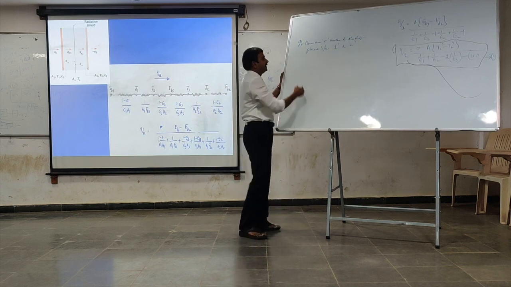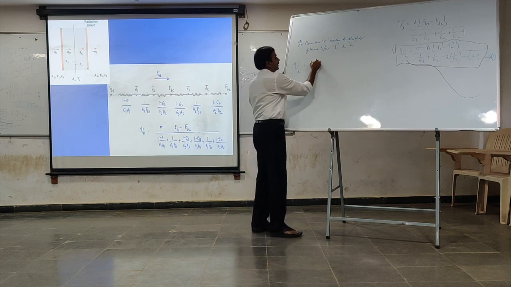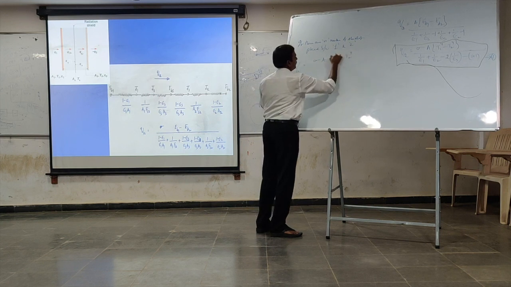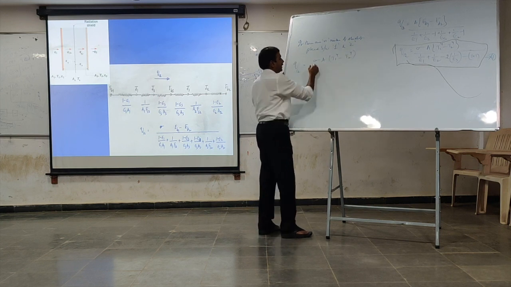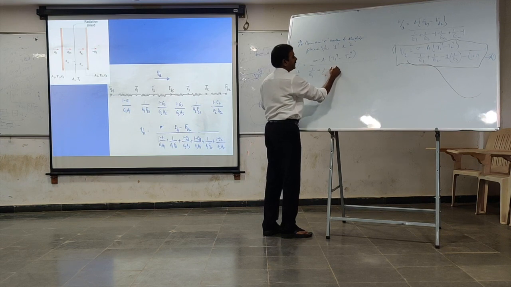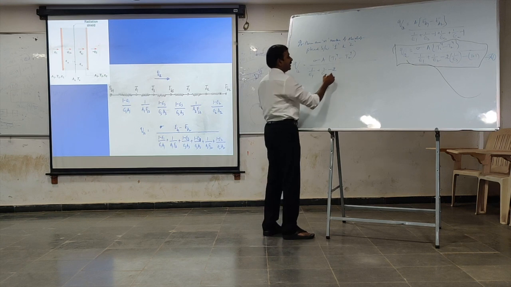Then how should you write this equation? Observe here carefully. Q12 is equal to sigma A (T1 to the power of 4 minus T2 to the power of 4), right, will be there, divided by 1 by epsilon 1 plus 1 by epsilon 2 minus 2 into,